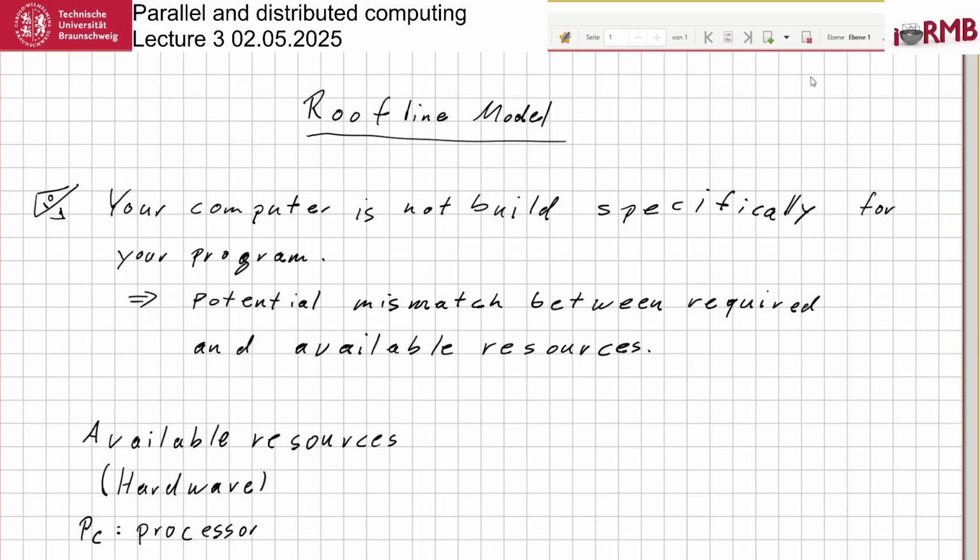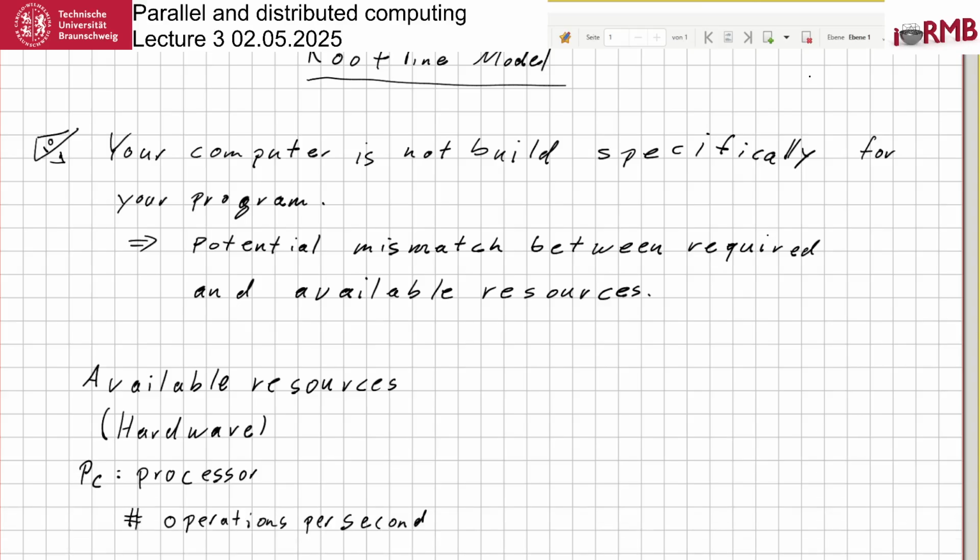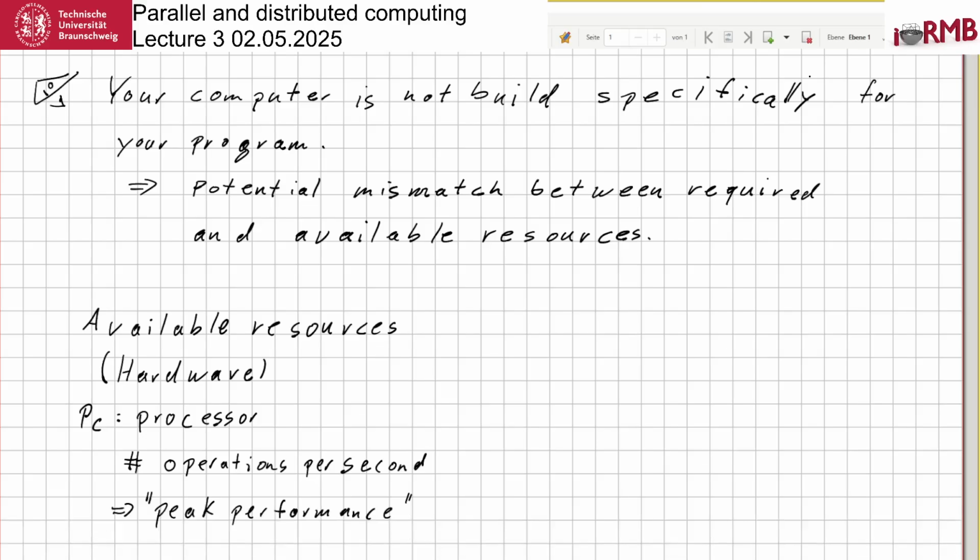It is usually called peak performance. So the peak performance is the maximal